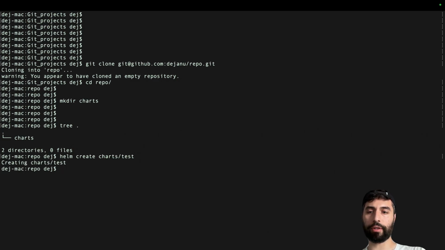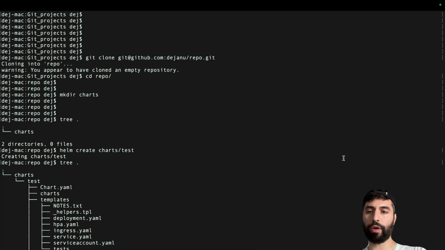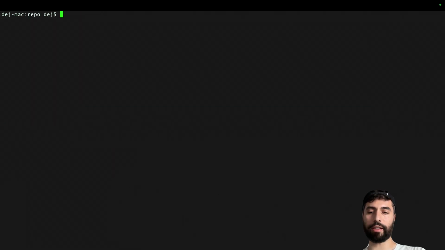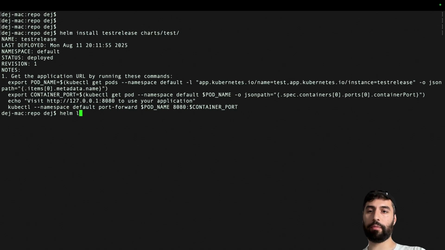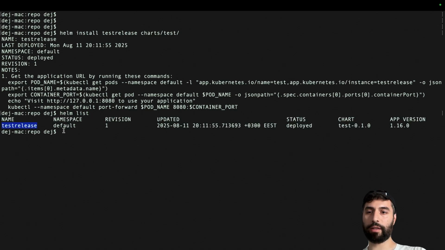I'm going to call it test, and if we take a look, we have this simple structure with the charts directory and our first Helm chart, which is called test. We can even test it. So if we do a helm install test-release charts/test, and then a helm list, we can see that it has been successfully installed in our cluster. Let's uninstall it,